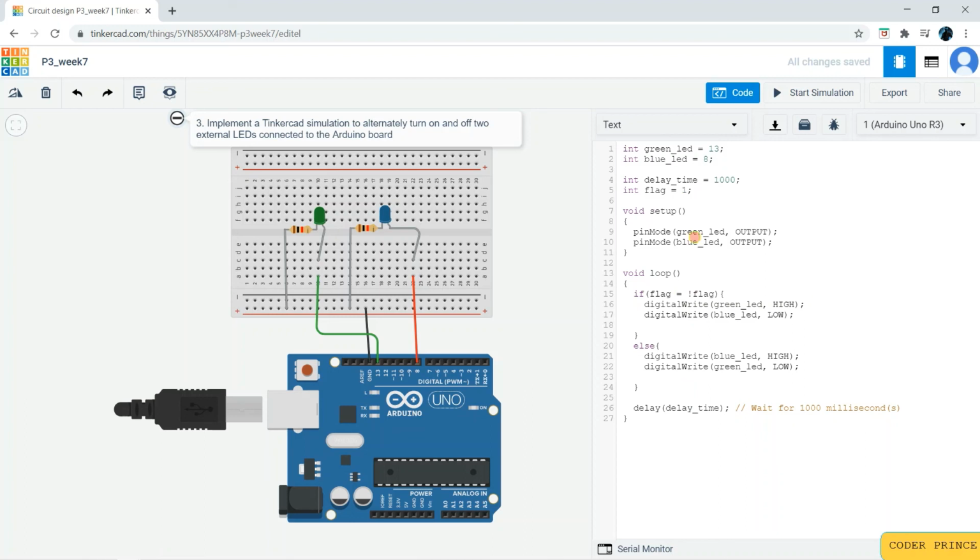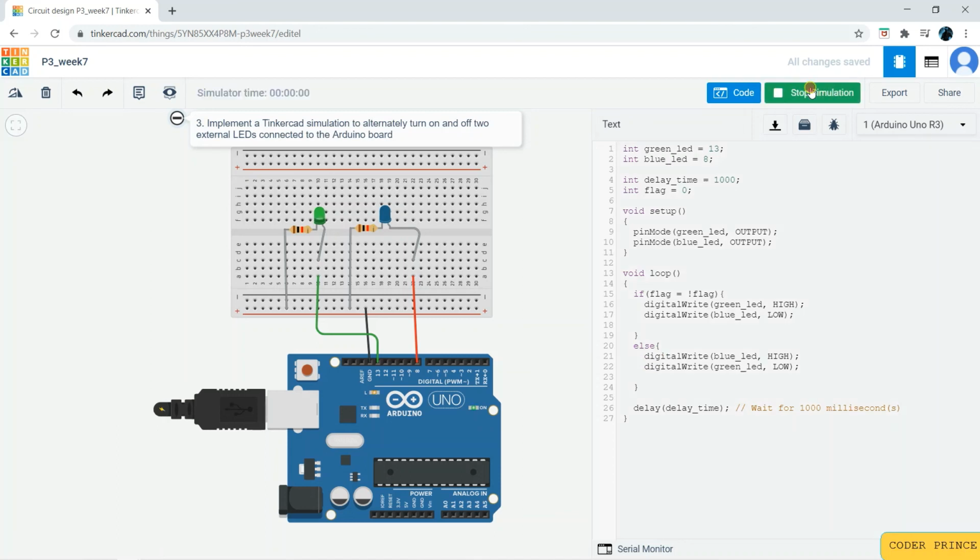So flag is 1, here your flag will be 0. So I need to start with 0 if you want this if condition to execute first. So flag is 0, not flag makes it 1, so your flag will be 1. Since it is 1, this will be true, and then the second time, since it is 1, not flag will be 0. Now the flag here is 0, and this will be false, and then it will execute this. This is just a trick. If you want to follow this method, you can. I just found it interesting, right? So it still works.